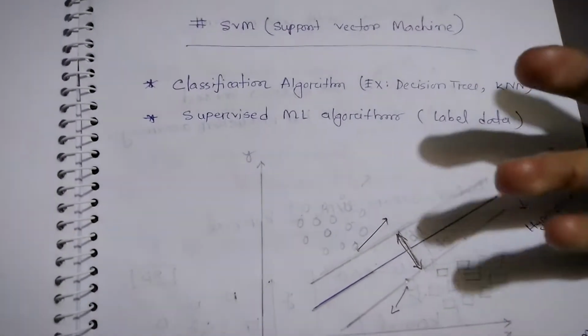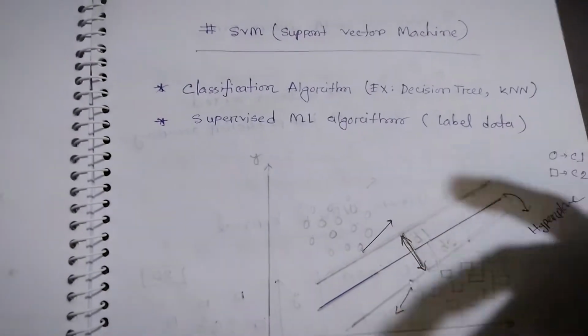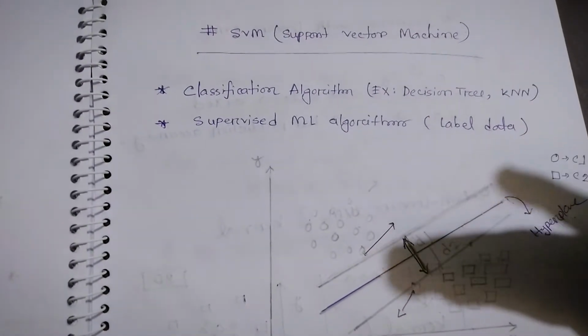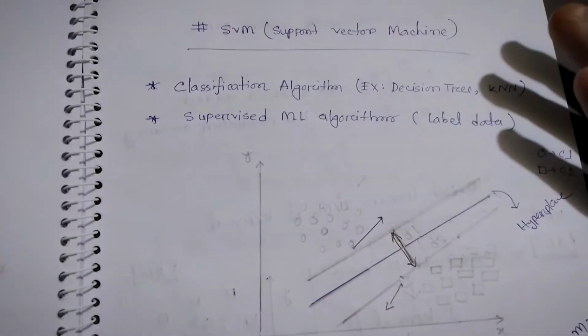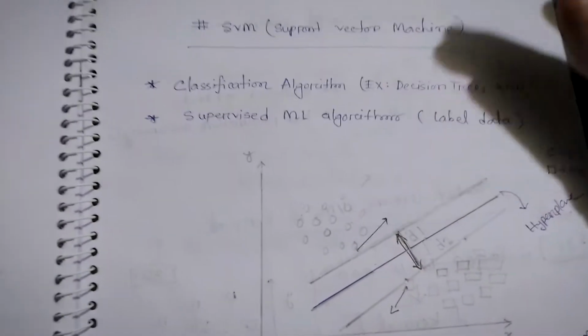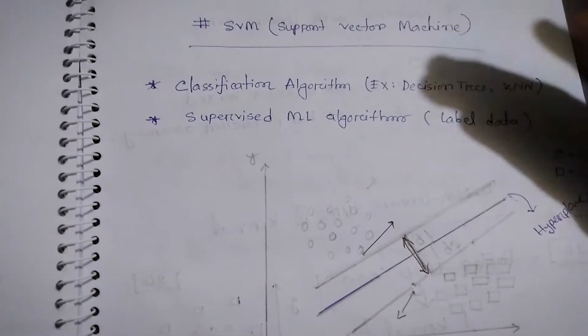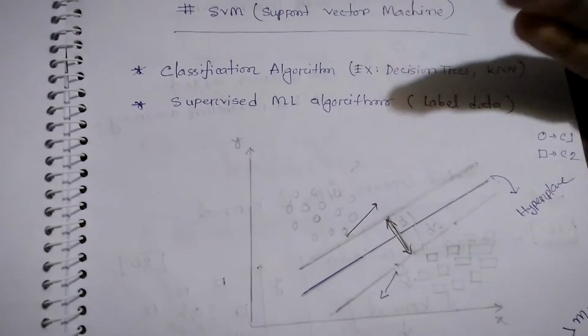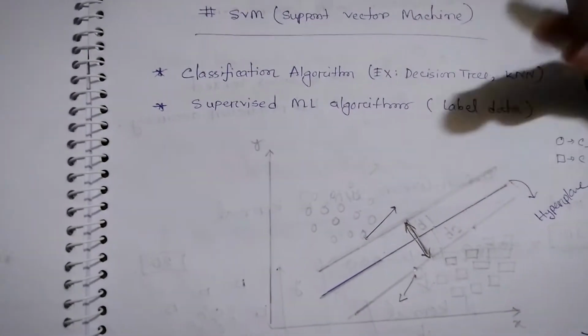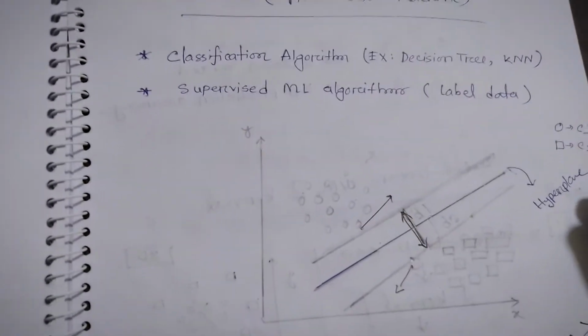It means that based on your feature data, you are predicting whether it is class dog or class cat. Also, you can classify whether you have cancer based on the feature set or your training model, or you don't have cancer cells in yourself. So you are just classifying the label data here. That's why it is called a supervised machine learning algorithm.